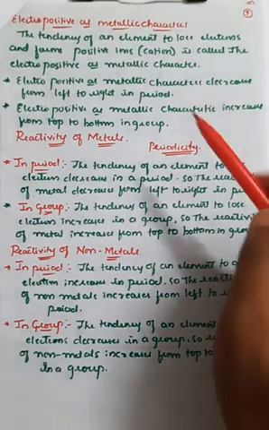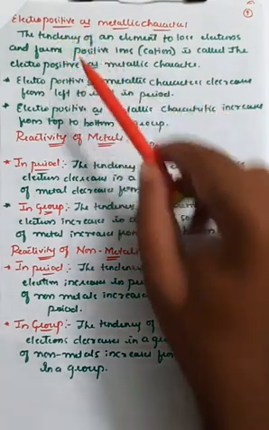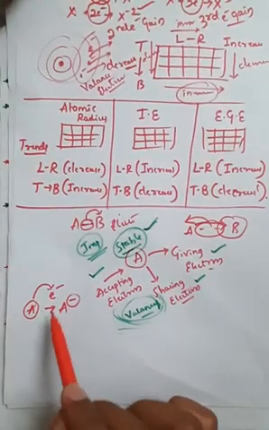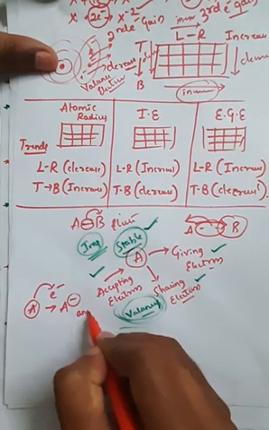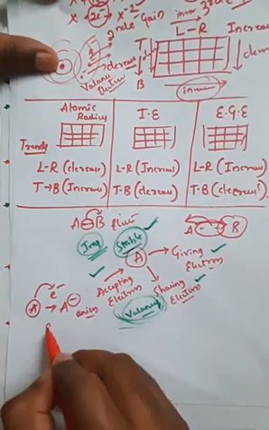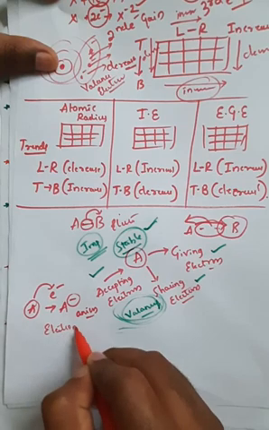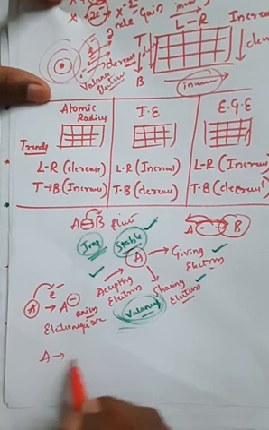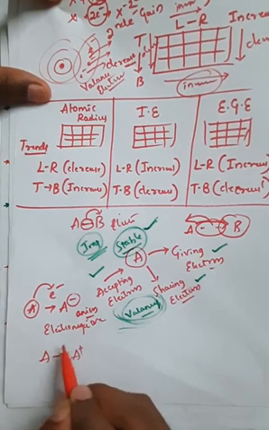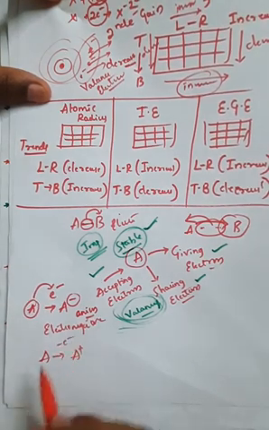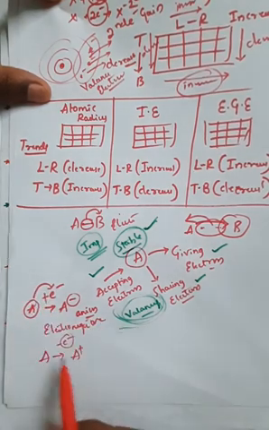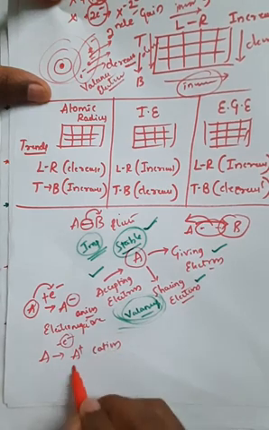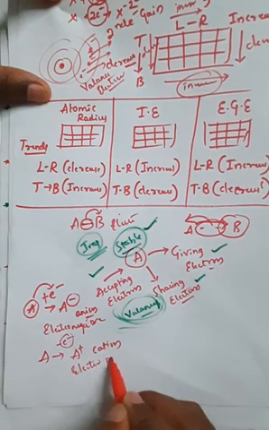And further, the exact opposite of electronegative is electropositive. Already we have seen we can convert a neutral molecule into a negatively charged particle, or anion. If you convert that into an anion, you call it electronegative. But if you convert A into A plus, you remove one electron. Here you have added one electron; here you remove one electron. So it converts into a cation, that is a positive charge, and this is called electropositive.